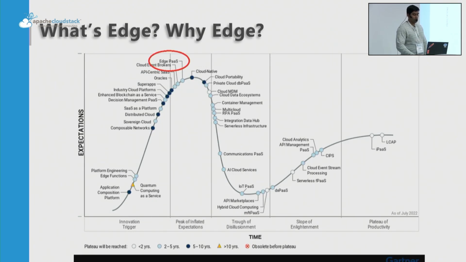Like in the morning, Simon mentioned the hype curve. Based on that, we can see edge platform as a service is at the top of the curve right now. So it might go into the productive or enlightenment phase, but it is something we will have to see. Maybe in the next 3 to 5 years, it could be a more important talking point in terms of implementation for end users. Right now, it can be seen as more important for product people to pitch to their users